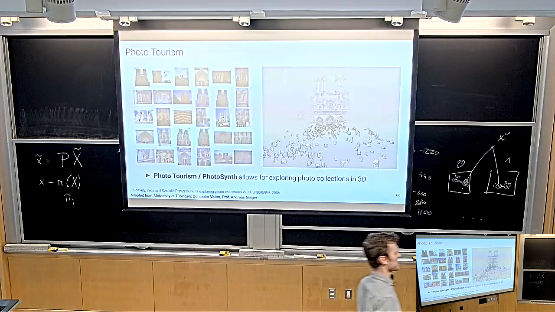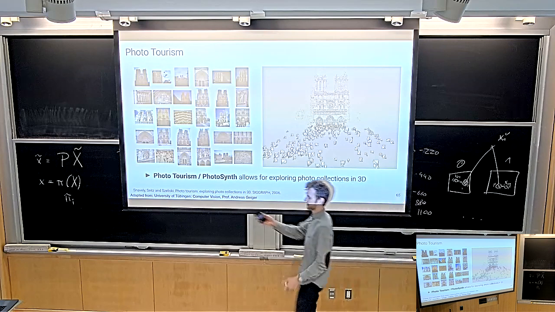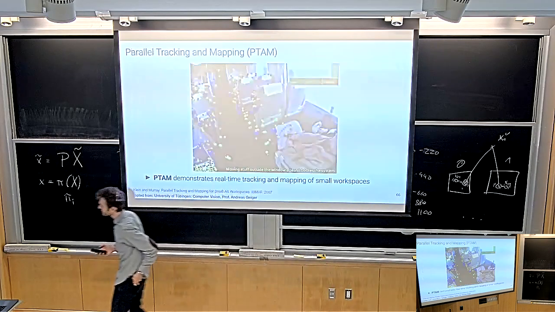Cool. Phototourism blew many people away at the time. This was SIGGRAPH 2006. SIGGRAPH is an interesting conference. It went through a time of being a hub for the 3D computer vision community. Then in recent years, because SIGGRAPH kind of slept through the whole deep learning stuff, people didn't send their deep learning papers there, but now again people are sending their deep learning papers there. This paper was published at SIGGRAPH back in the day.